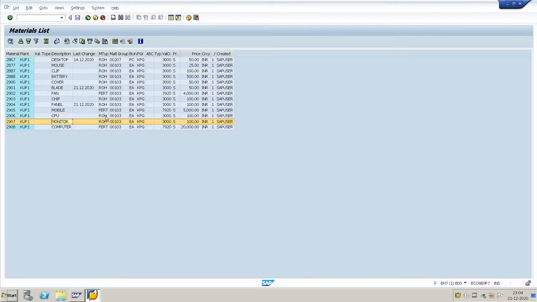The material type is ROH, which means raw material. The computer has material type finished. So we have the raw material to send to the vendor.